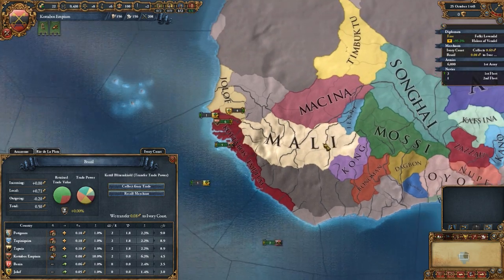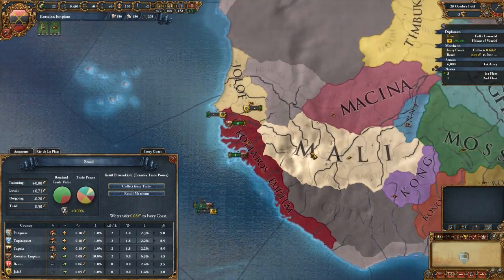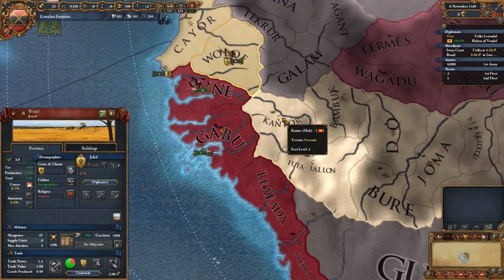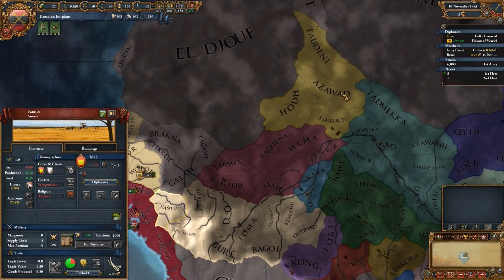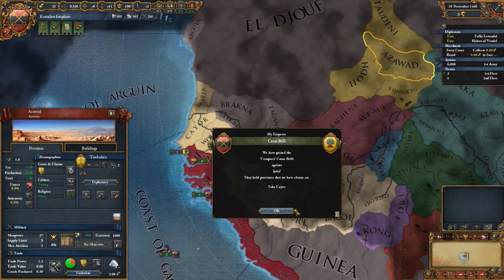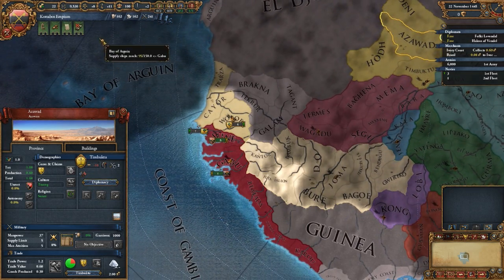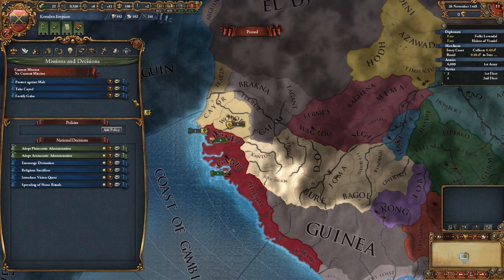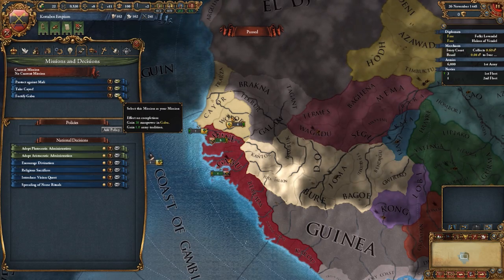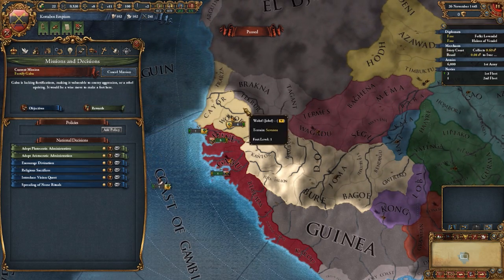Oh, it was supposed to be so glorious. But instead, I'm now in somewhat of a cold war with Jolof and Mali. They have Timbuktu as an ally. And yay, we've claimed our rival's province. Yay! Do we have another thing? We could take Kaor or fortify Gabu. Let's do that one, considering...